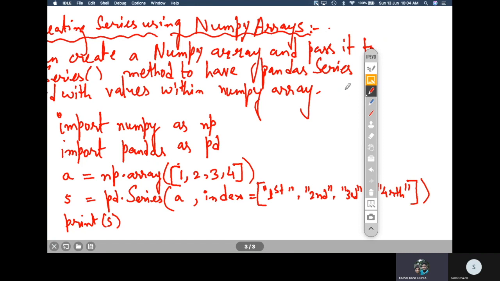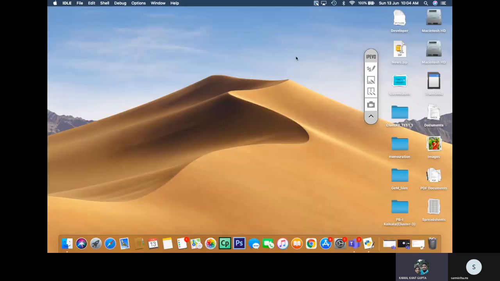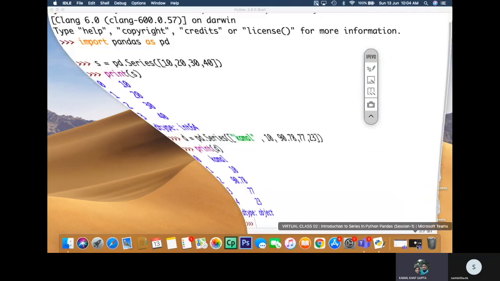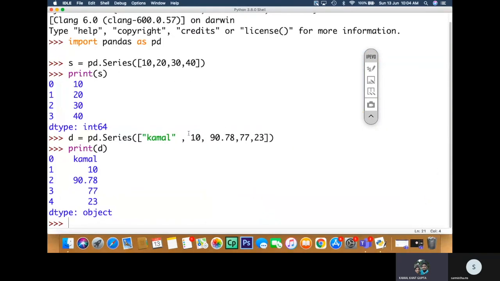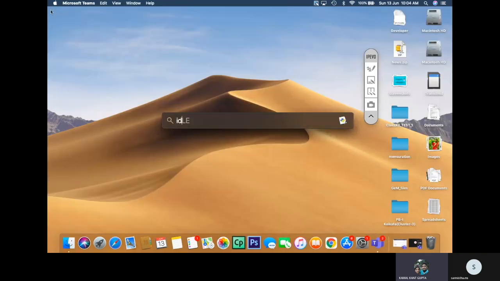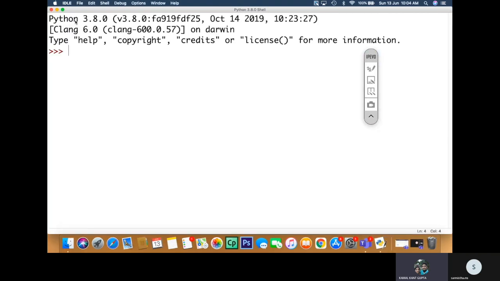Yeah, so let us run this code in IDLE. So here it is. Import numpy as np.